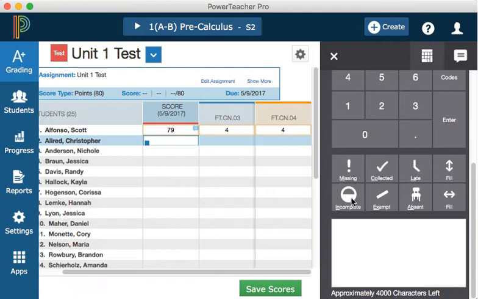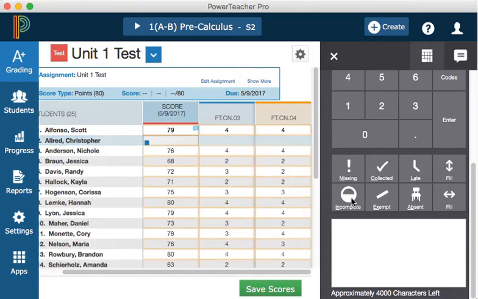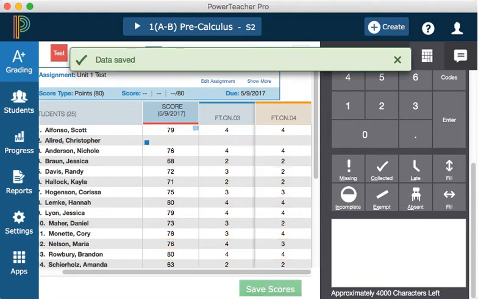Finish entering the assignment and standard scores for the rest of the students. Then save the scores. Notice that the incomplete score indicator appears in the score column as a blue square in the most compact view of PowerTeacher Pro. To increase the size of the display text so that you can see the actual incomplete icon,